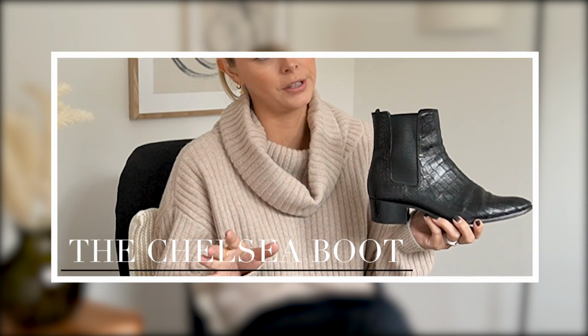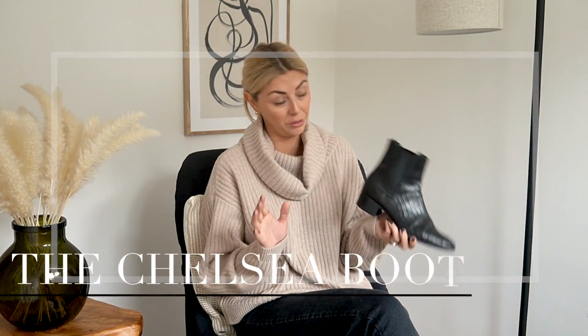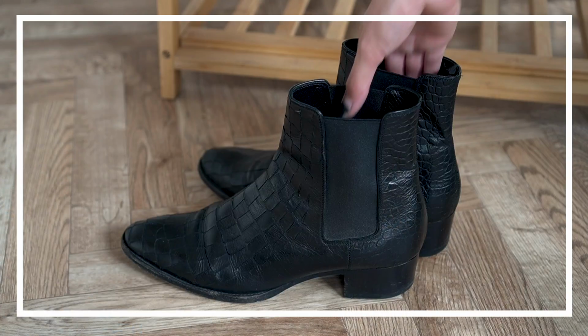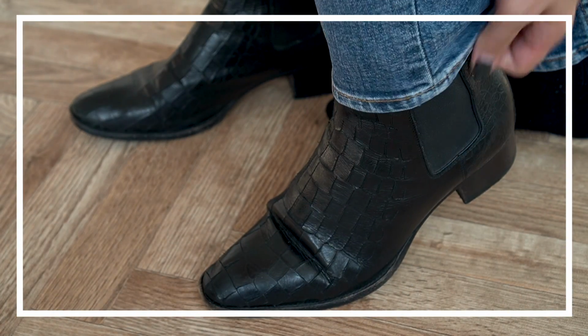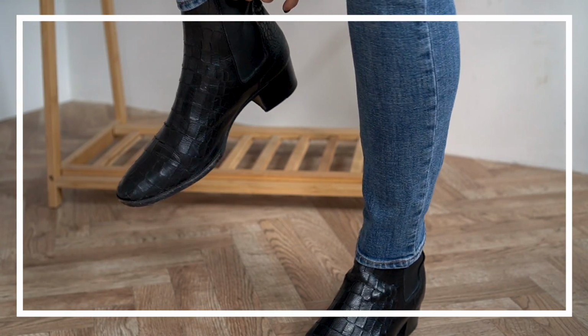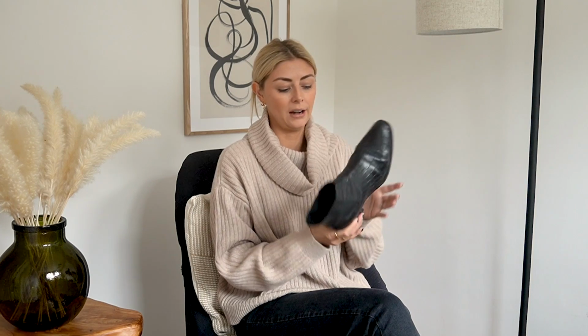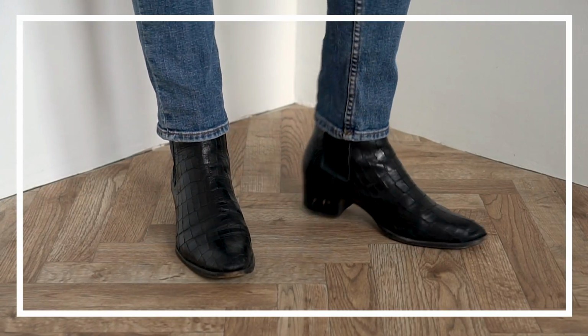Now I'm a London girl, so my wardrobe would not be without a Chelsea boot. They're practical, they're comfortable, they're versatile. It's kind of everything that you really look for in a boot. Now, I'm featuring these from my own collection because I love them and they were probably one of the best investments I have ever made for my wardrobe. These are what I would say is the traditional Chelsea boot with the elasticated section here, the rounded toe but quite narrow and slim, and then a very, very slight heel,